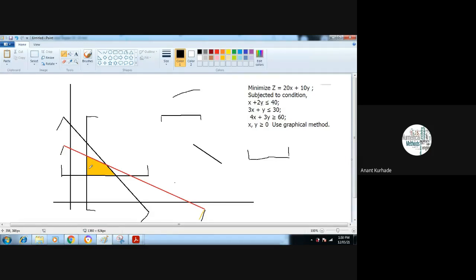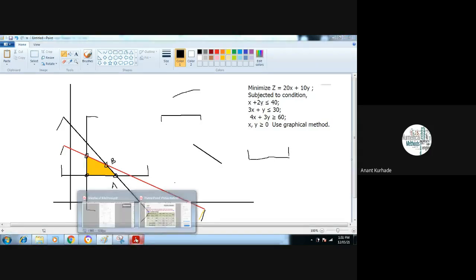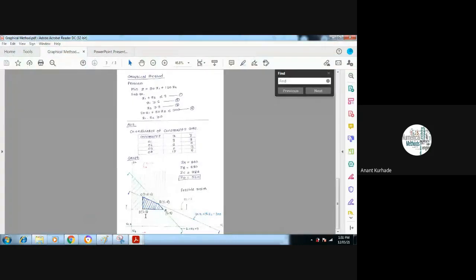Here, if you check this region, how many points do we have? This is one, this is second, this is third, and this is four. Now it is your role: you have to find the coordinates for each point, and you can give names. This is A, B, C and D. A is having 6,3, B is having 5,4, C is having 2,5.2, and D is having 2,3.